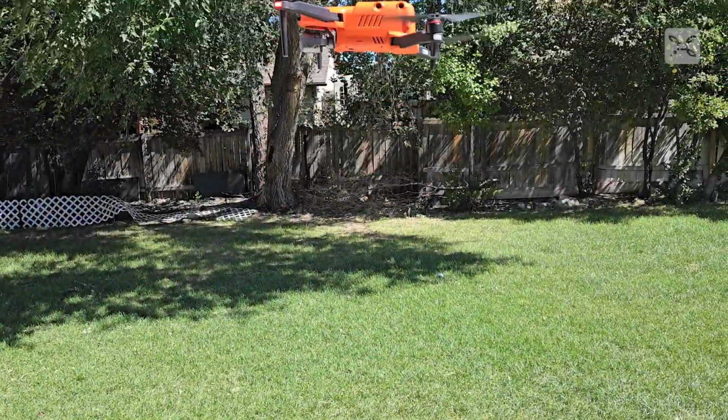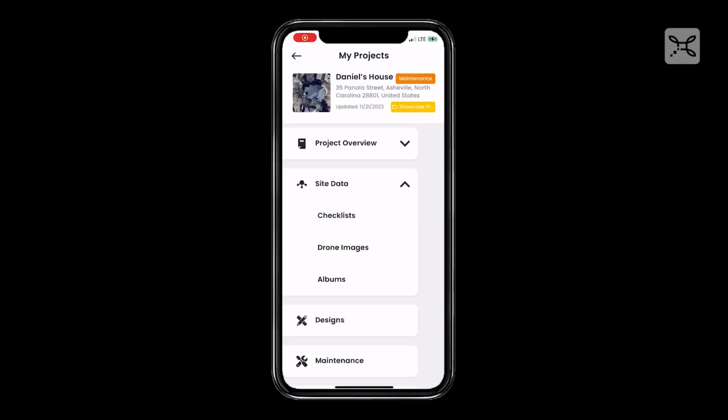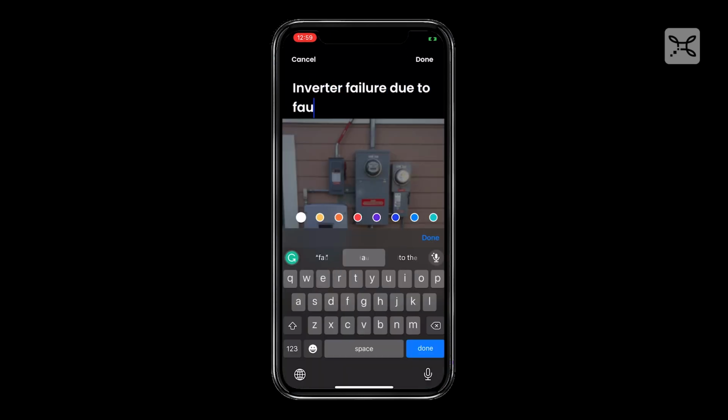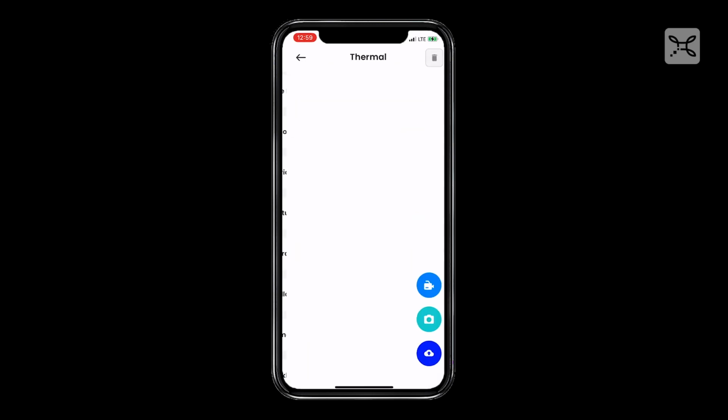So instead of crawling on the roof to find a problem, simply fly a thermal drone to identify the array's issues in under 5 minutes. Then use Scanifly's mobile app to collect data on the electrical equipment, wiring, structural facets, and any other aspects of the system health. Once all that data is gathered, upload it to your report, put a bow on it, and